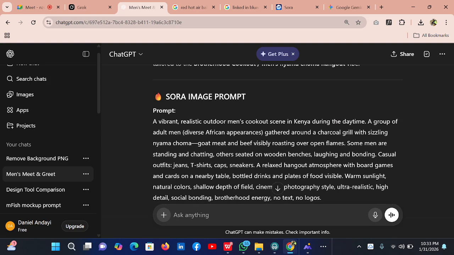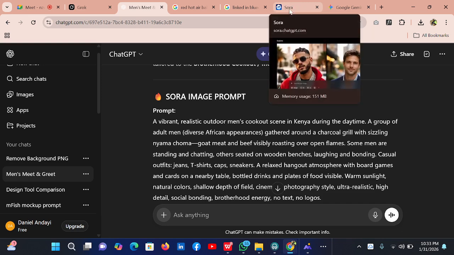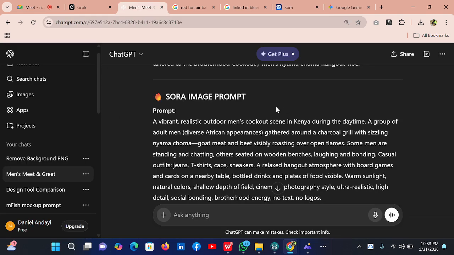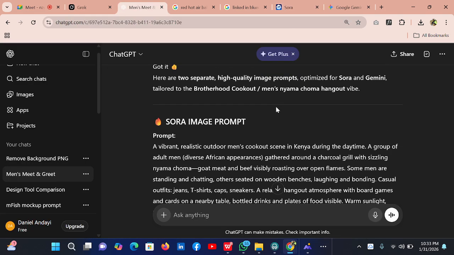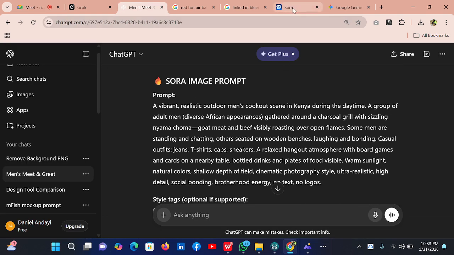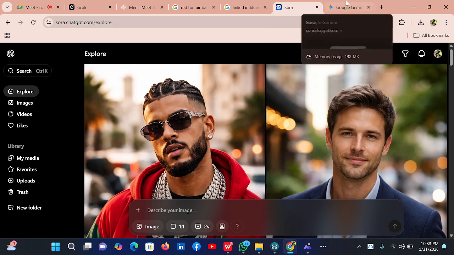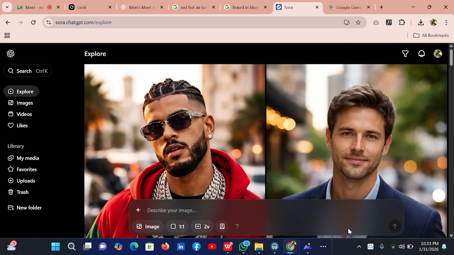That is why I asked ChatGPT to prepare different prompts, because ChatGPT understands each of these platforms and will give you something associated with the platform. So you use ChatGPT to prepare the prompt for the image generator AI, then you copy paste it here and you just generate your image.